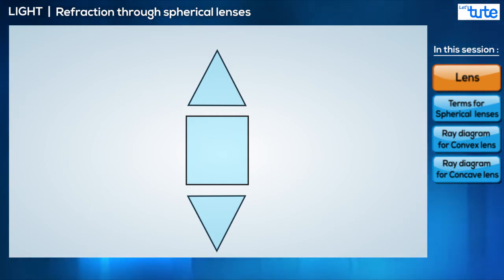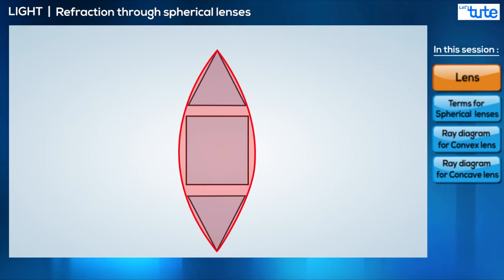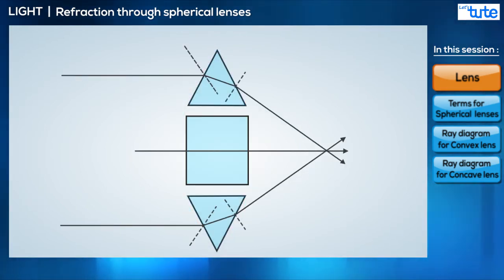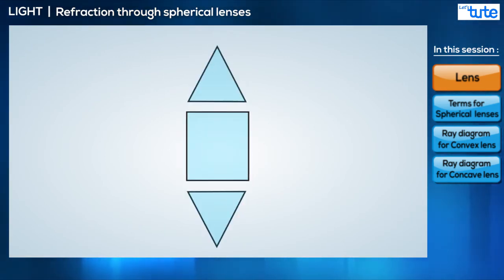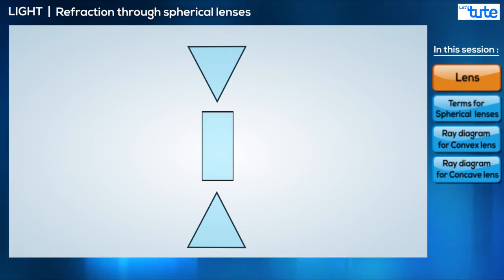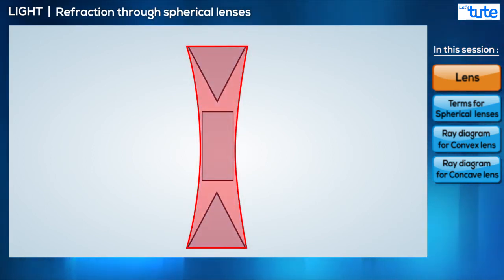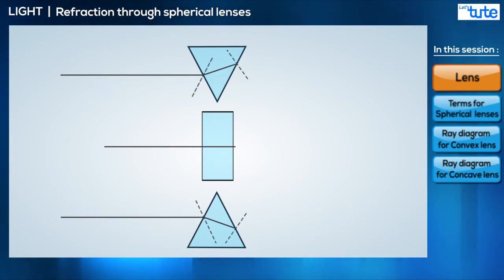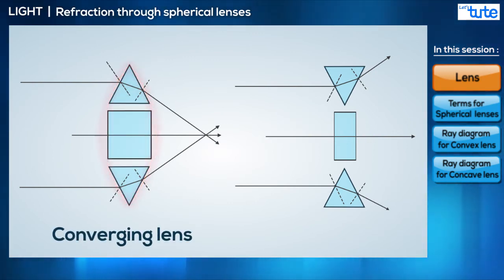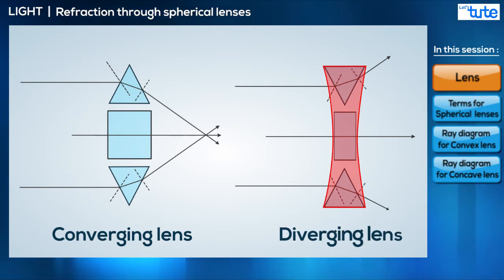That's essentially a simplified convex lens, and the light beam seems to be converging at a point. Now we have the same situation, but the prisms are flipped, and we have to tweak it a little bit to make the slab a little thin. But now that's essentially a concave lens. The light now seems to diverge from a point. This is the reason a convex lens is called a converging lens and a concave lens is called a diverging lens.